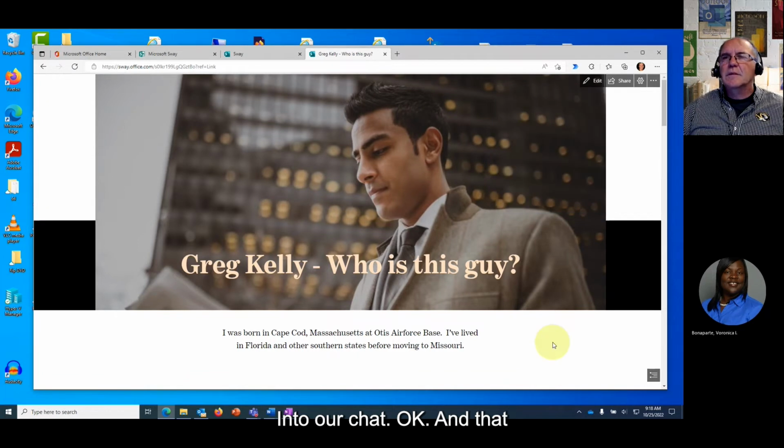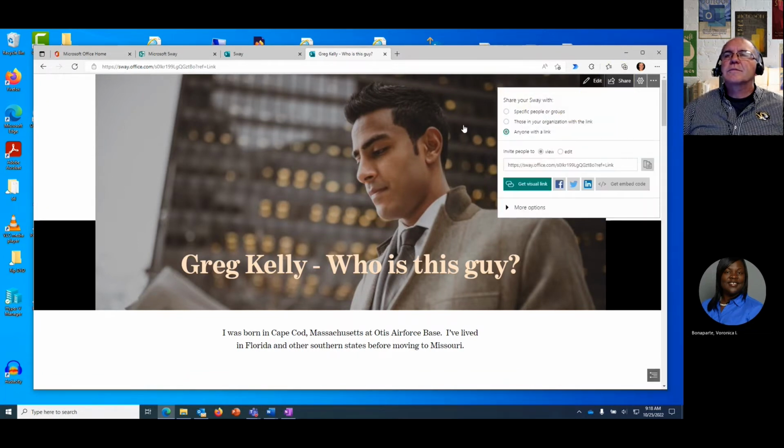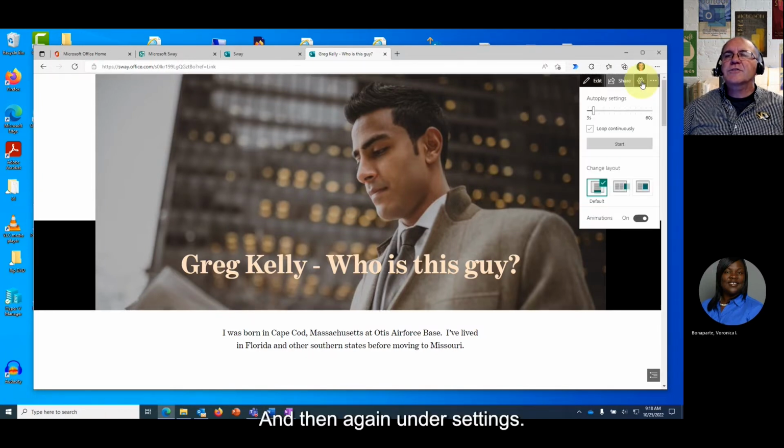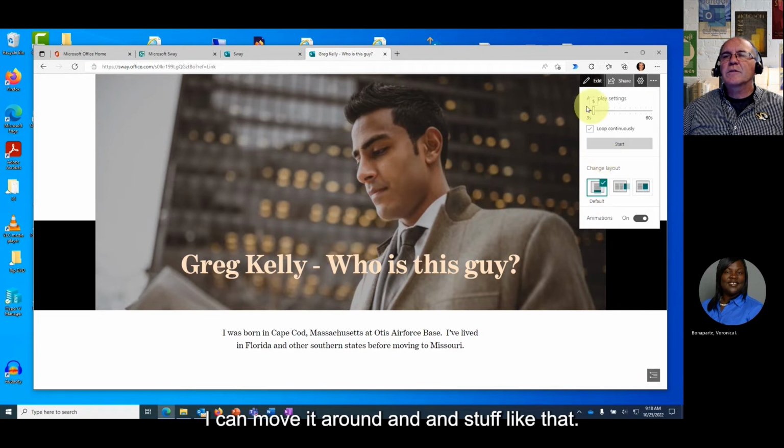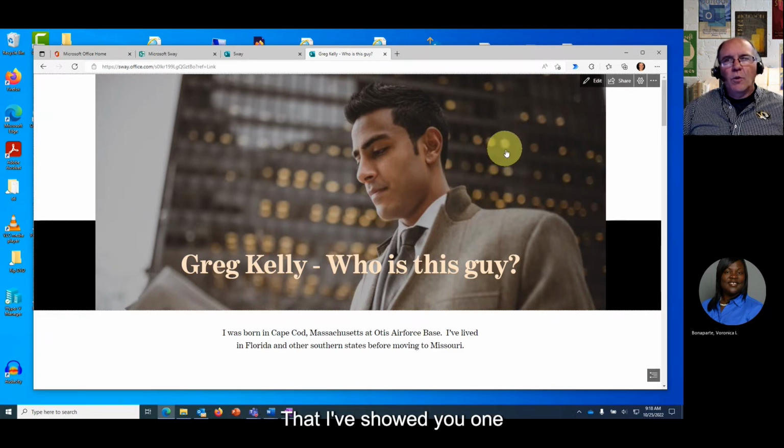Okay. Down here again, you can browse. And again, under settings, this is the default scroll. I can move it around and stuff like that, as I've showed you. Another nice thing about Sway